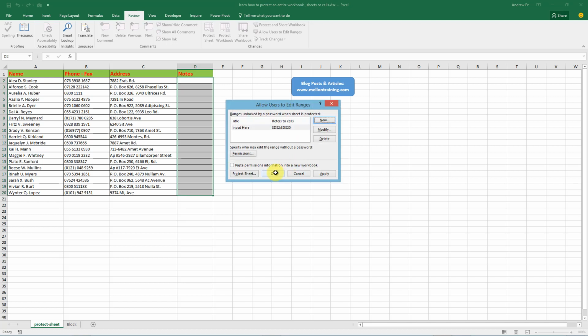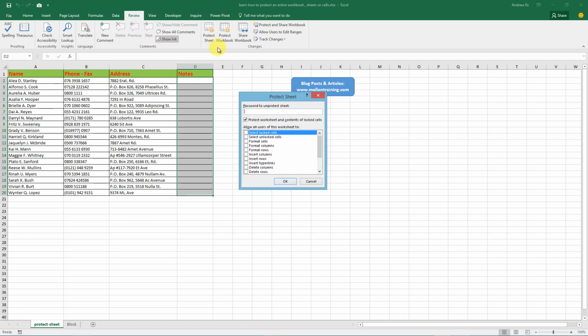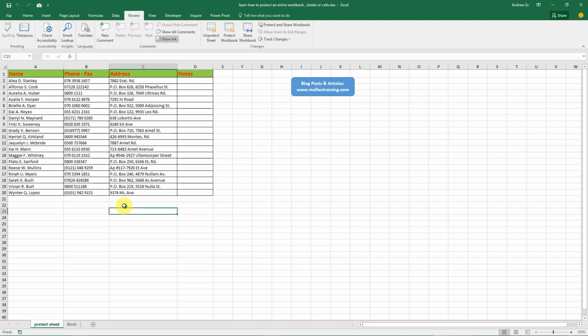Do not forget to protect the sheet now, it's very important. Let's do it. And OK, as you can see it works.